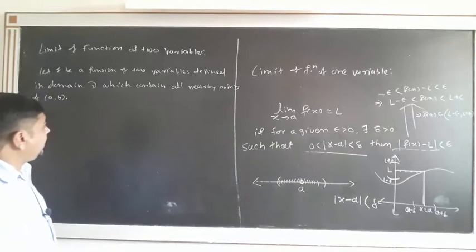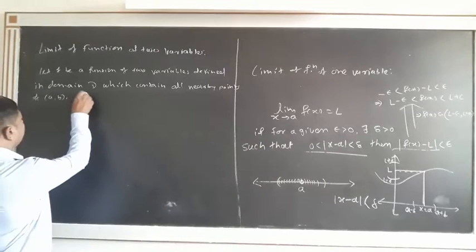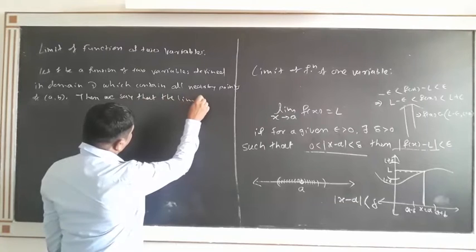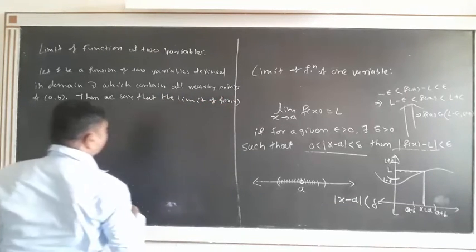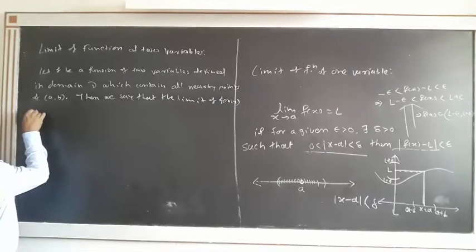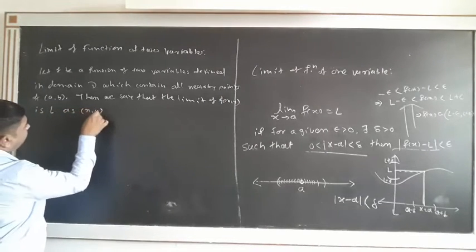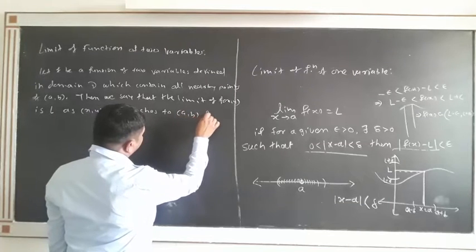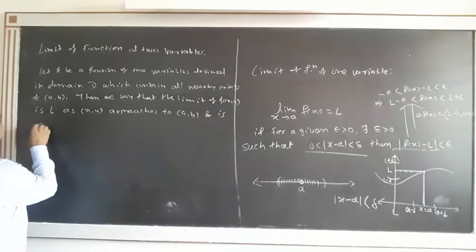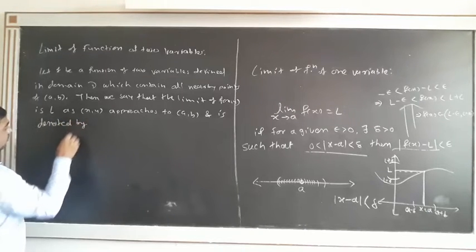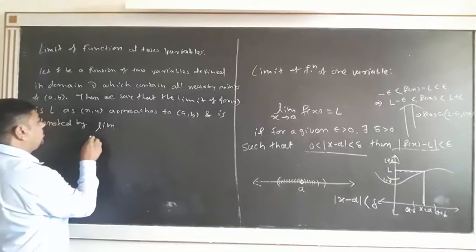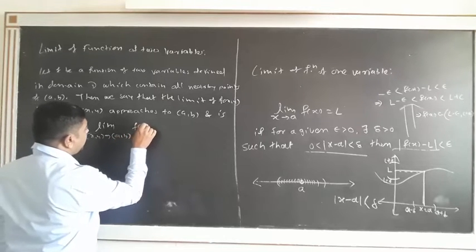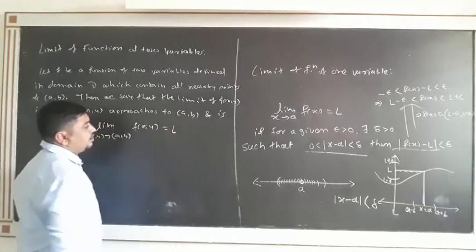So what can we say then? Then we say that the limit of f of x, y is L as (x, y) approaches (a, b), and is denoted by limit (x, y) tends to (a, b) of f of x, y is equal to L if